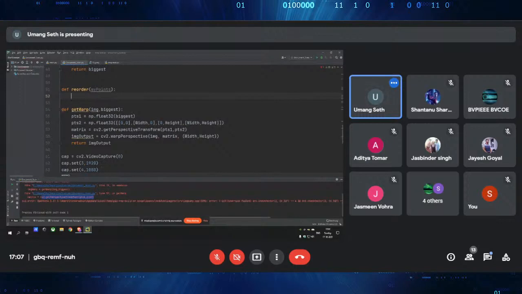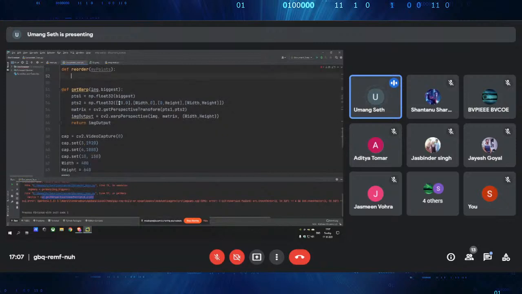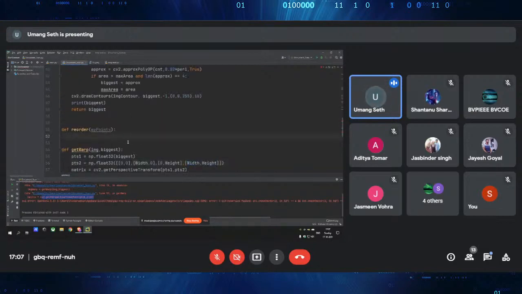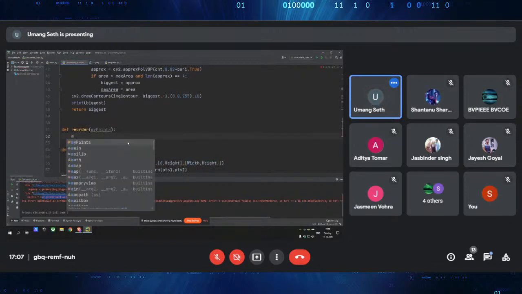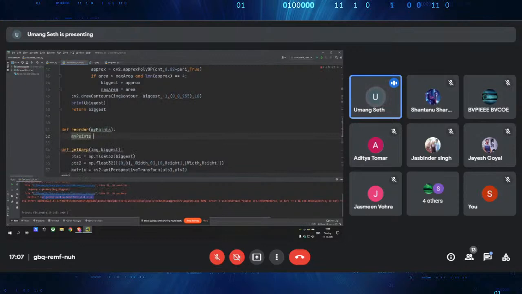Okay, so for reordering the points, you can see 0,0 is over here, then width 0, 0 height, and width height. So if I actually add these numbers, let's say 0 plus 0, width plus 0, 0 plus height, width plus height, the smallest value I'll be getting will be 0 plus 0, and the highest value I'll be getting will be width plus height. So let's apply that logic and change those points. So I'll be giving the variable my points,